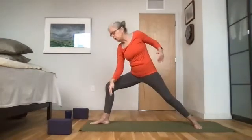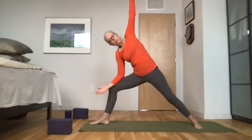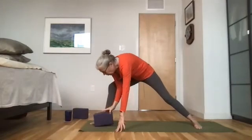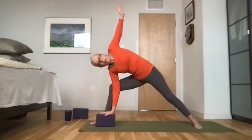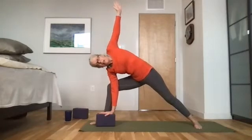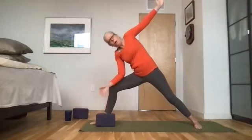And now place your right arm on your thigh and come up to side angle. Now another way of doing side angle is placing a block right on the inside of your right foot. And so play with this, see what works best for you. Do you get a greater side body stretch like that? Or